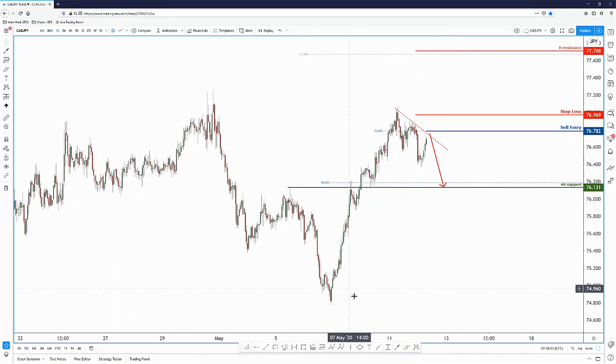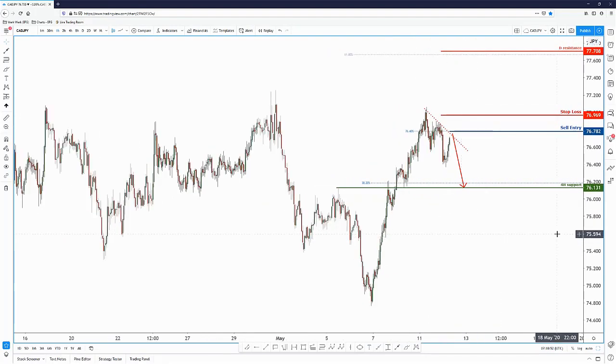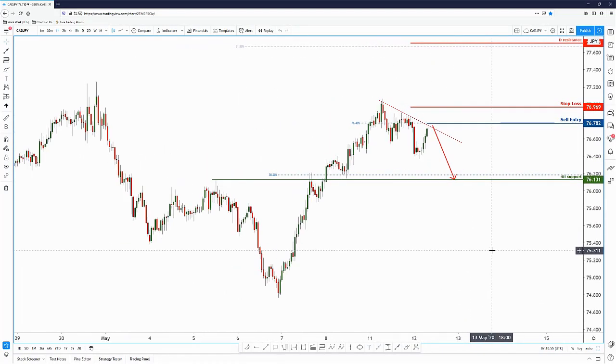Now, should price break above this intermediate trend line and close above my stop loss, I will immediately reverse my position and play a long instead, because breaking above the stop loss would mean that my bearish idea is invalidated. For now, this is the setup that I have. Sell entry at the trend line and 76.4 Fibonacci retracement, and the stop loss at the recent swing high here, which is also our 4-hour resistance level. So that will be the trade of